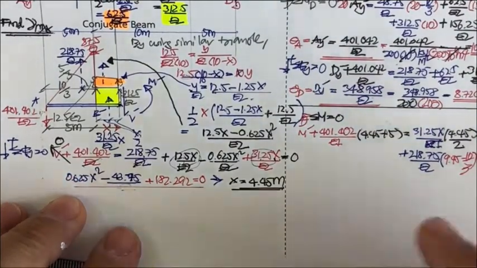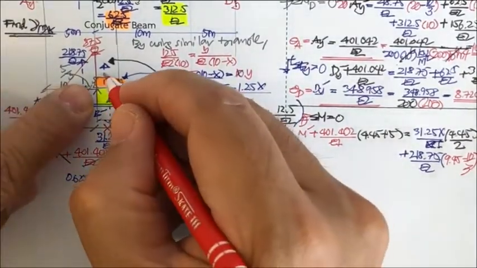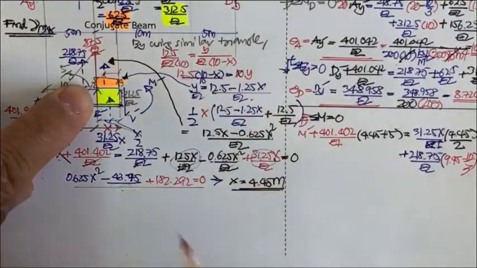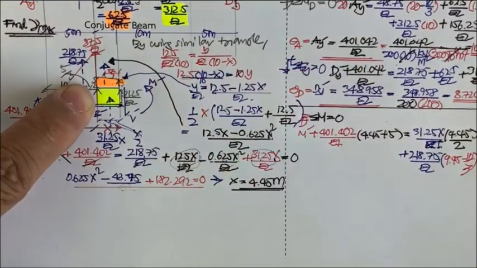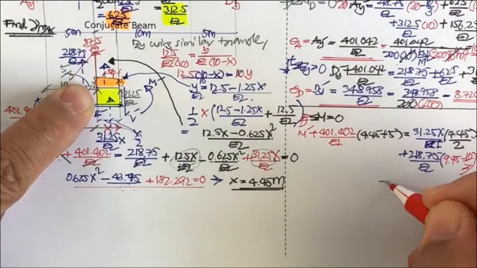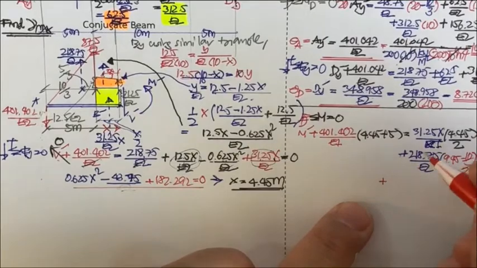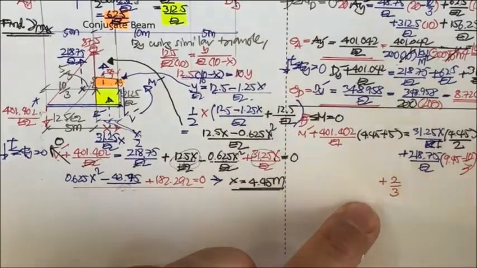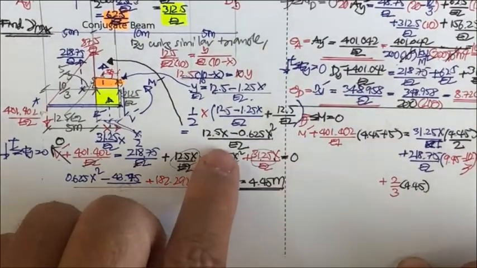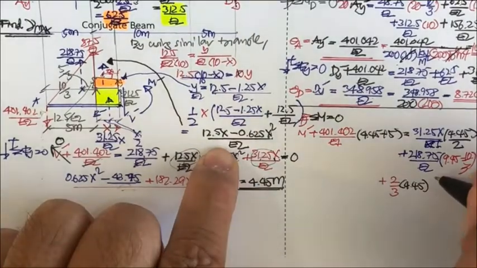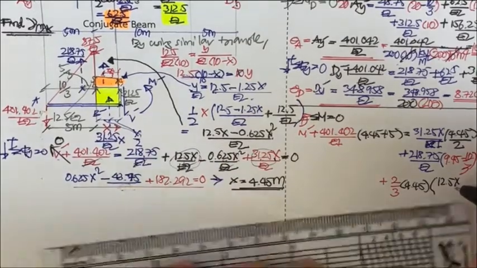Okay, and the last one, you have this one. This is this one. And the distance from here to here is going to be what? Going to be 2x over 3. This is 2x over 3. Okay, and then you're going to be plus 2x over 3, is going to be 2 over 3 times 4.45, and then it's going to times this one. Okay, just put this one 12.5x divided by EI,